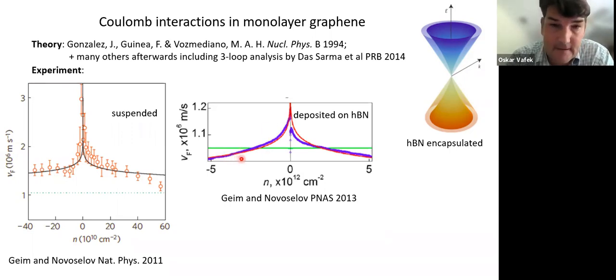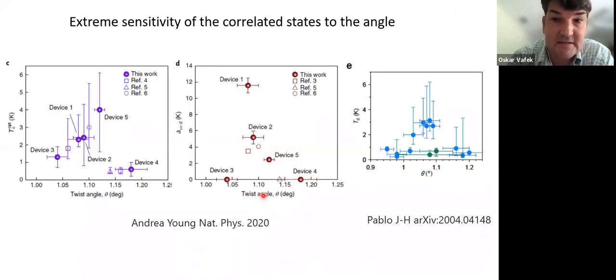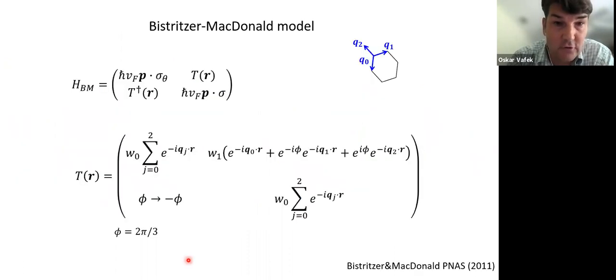compared to, if we now think about it in the context of the extreme sensitivity of the correlated electron physics in the twisted bilayer narrow bands. And then there is a very nice paper from Andrea Young's experimental group and Mike's theory collaboration, where they also analyze the enhancement of vF in the hexagonal boron nitride encapsulated monolayer graphene. Okay, so we see that there is at least 10 to 15% change in the Fermi velocity. Now, that would normally be of limited interest if it wasn't for this extreme sensitivity. Because as I mentioned, even if you were to make a small change in the twist angle, you see this dome is very sensitive to the value of the twist angle,